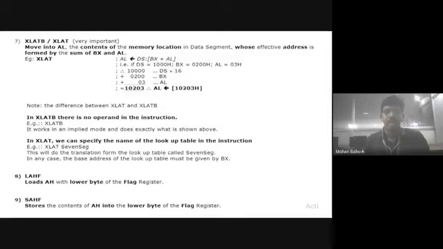So if you want to convert this virtual address into a physical address, what will we do? I already told the formula for how to convert the virtual address to physical address. What is the formula? You need to multiply the base address, that is segment address, by 10H. Then you add the offset address along with the index value. First, the formula here is for converting to physical address: segment address multiplied by 10H plus offset address plus index value.